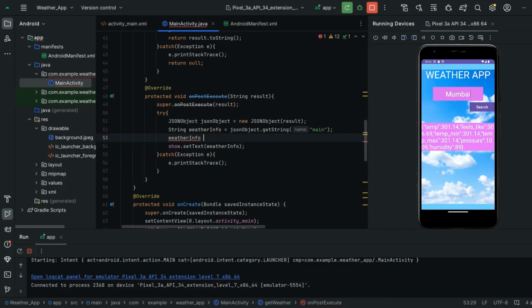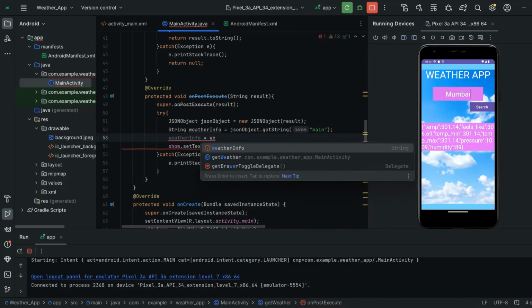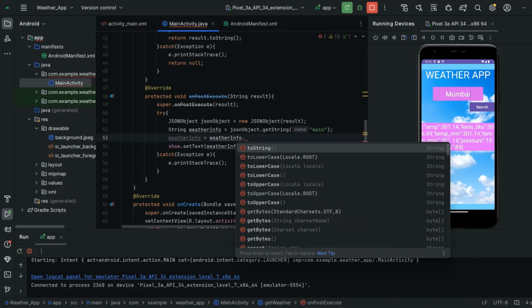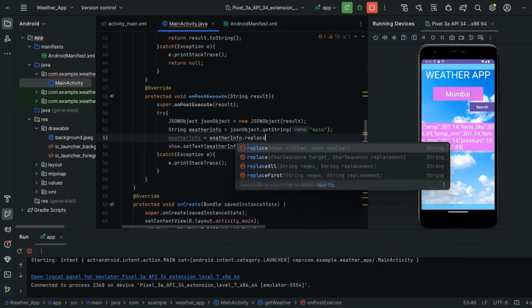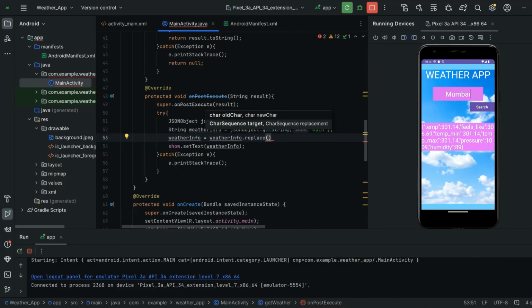I'm going to do a few updates, guys. weatherInfo dot replace. Here I'm going to replace these temp with temperature. So temp, I'm going to replace the temp with temperature.